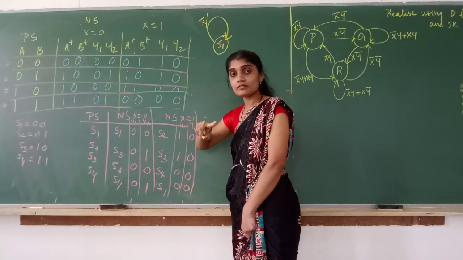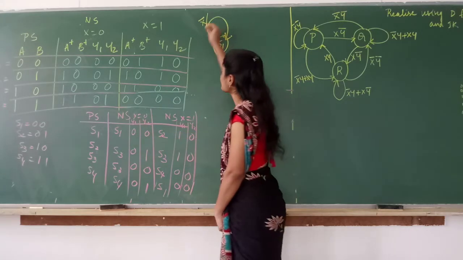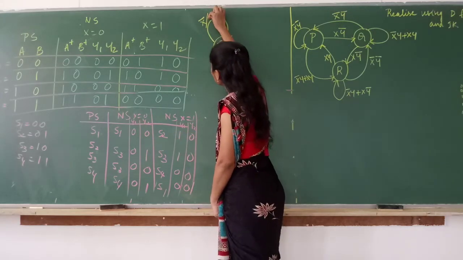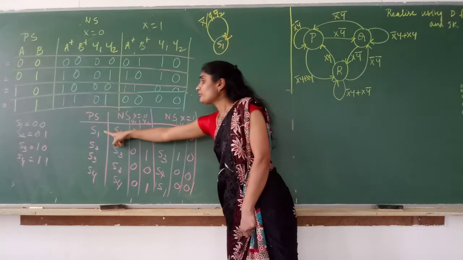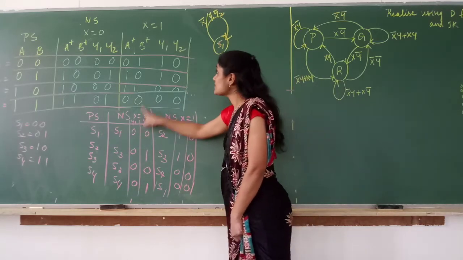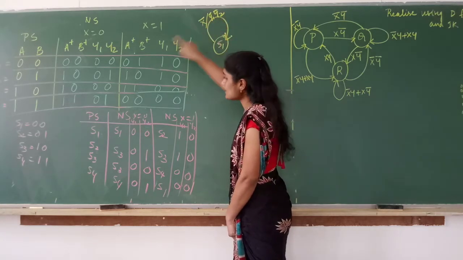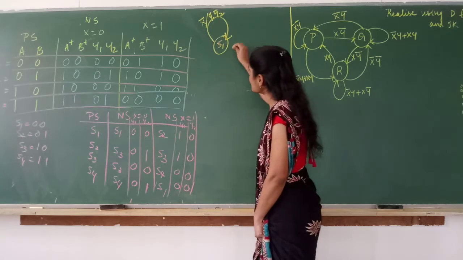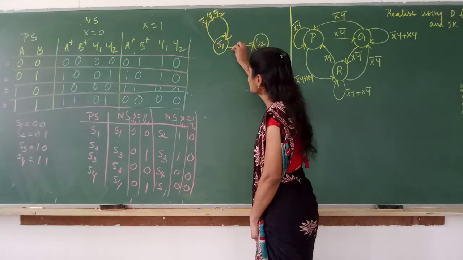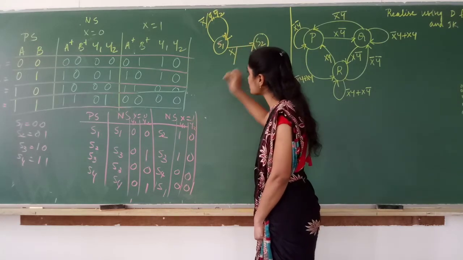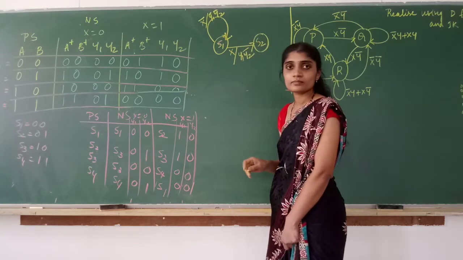Till now we were writing only one output variable after the slash, but now both. So y1, y2 are 0, 0. So I write y1 bar, y2 bar, because both are taking 0. If present state is S1 and x is 0, it remains in the same state, y1 is 0, y2 is 0. If present state is S1, next state is S2 when x is 1. So I write x slash. What is y1, y2? y1, y2 bar, because y1 is taking 1, y2 is taking 0.